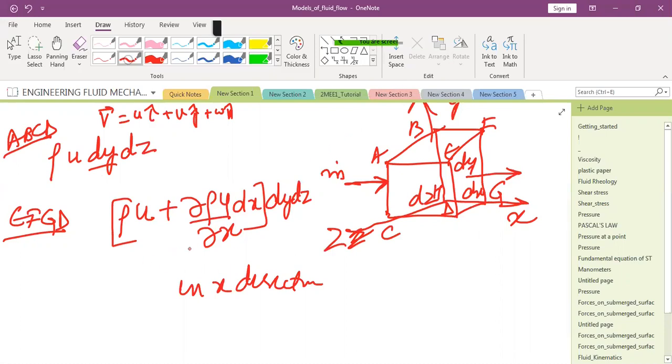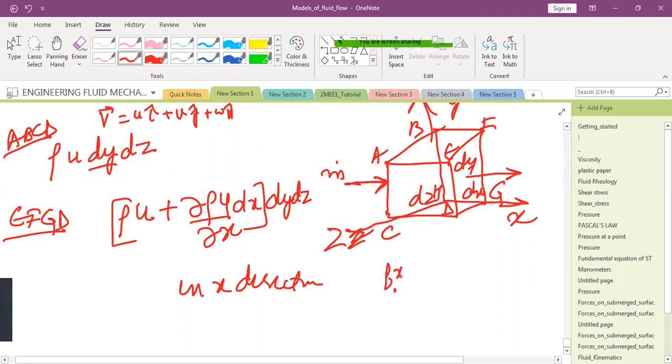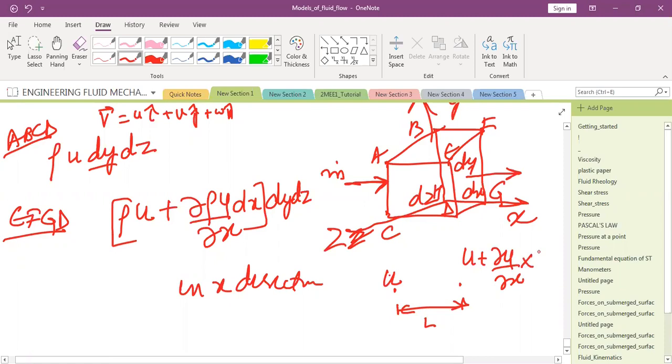हाँ जी, क्लियर है। जैसे अगर हमारे पास कोई यहां पे फंक्शन है f(x), यहां पे अगर कोई u है, तो x, मान लो ये डिस्टेंस है l, तो इस पे u क्या होगा, हम ये लिख सकते हैं u प्लस करली u बाय करली x इंटू l। ये क्लियर है आपको। अगर किसी फंक्शन की वैल्यू यहां पे u है, तो l डिस्टेंस पे उससे u प्लस करली u बाय करली x इंटू l होगी। अब ये करली u बाय करली x अगर पॉजिटिव है तो u से बड़ी वैल्यू होगी, अगर नेगेटिव है तो ये u से छोटी वैल्यू होगी। ये क्लियर है आपको, आप ऐसे करते रहे हो मैथमेटिक्स में।